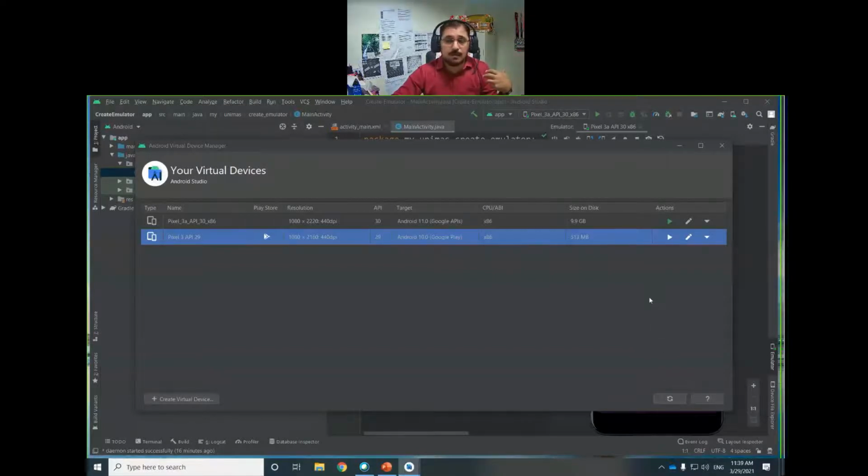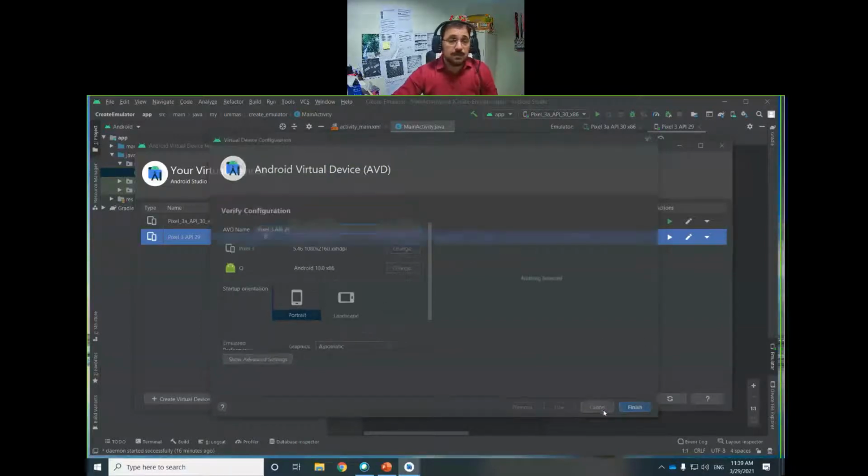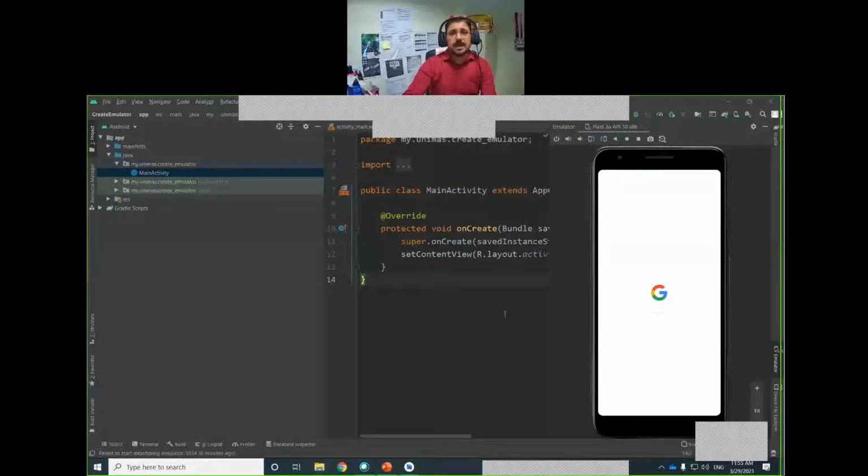Again, if you want to modify some of its properties, you can click this edit button, and after that you see it will bring you back to the same dialog box. You can change its name, its properties, and so on. Okay, so this is the way how to install AVD, Android virtual device. It is also called emulator, and how to create and how to start. You will start the emulator.